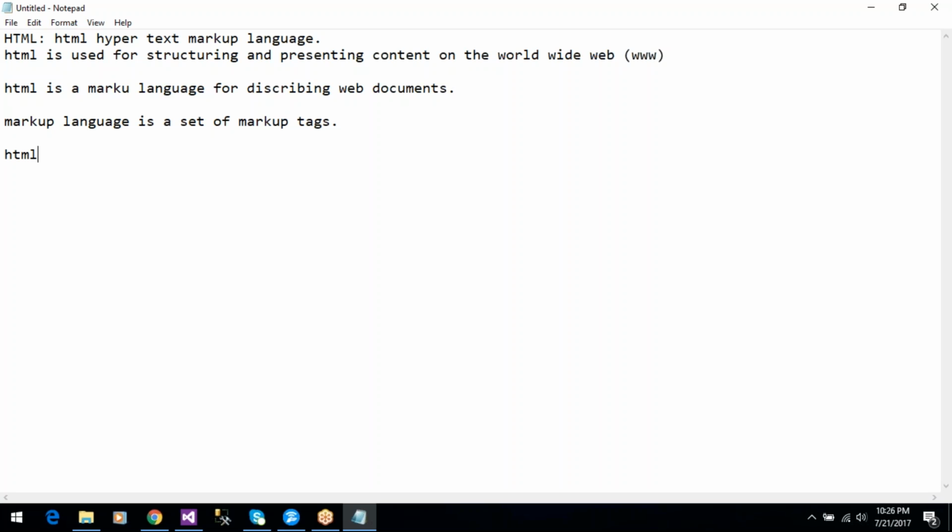HTML versions. So compulsory we need to know about the versions of HTML. The first version of HTML is HTML 1.0. Okay, released in 1991, and this is the first version of HTML,